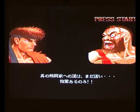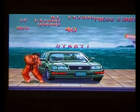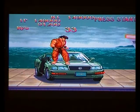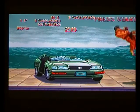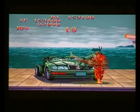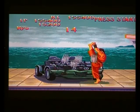What I do to his eye, I rip off his eyelid. Rip the other eye out entirely. Aha! Kicking the crap out of the Lexus. Which is possibly the best thing you could have done to Lexuses or Lexi of this time period. I always wanted to do your hurricane kick against it, which you couldn't, could you? For some reason. What did the poor car do to you? I mean,